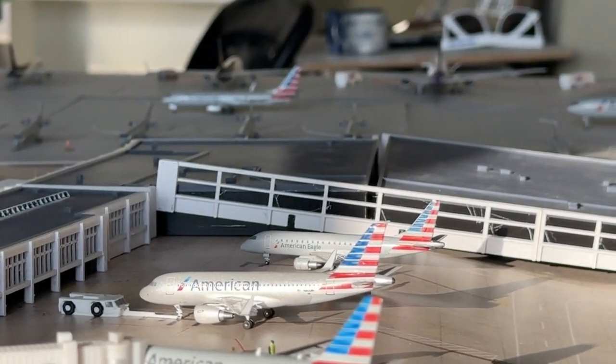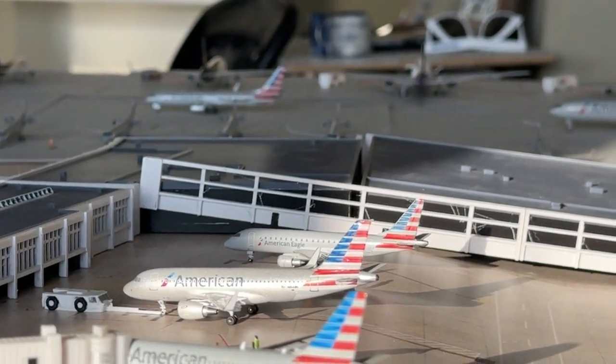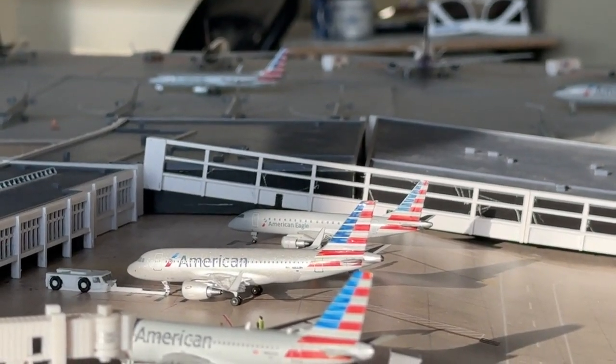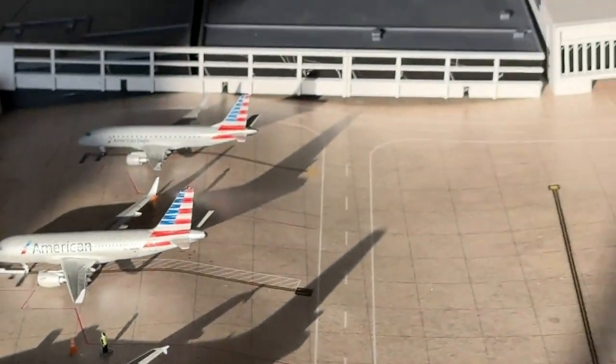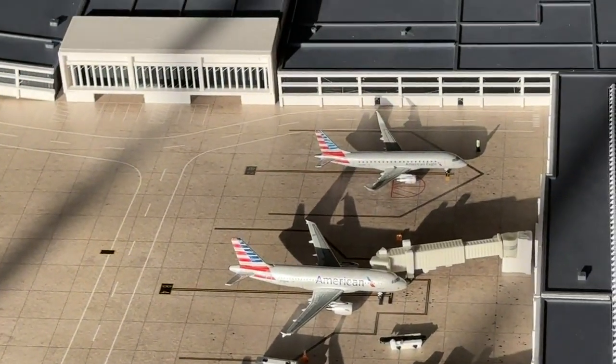This aircraft is coming in today from Fort Lauderdale, and now it's going to be making a flight over to, let's see, what was this? Buffalo. That's the one I wanted. Okay, very nice. Let's go ahead and pan over to these other nicely lit gates, beginning with the next American